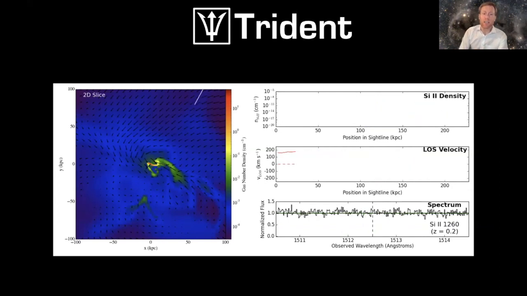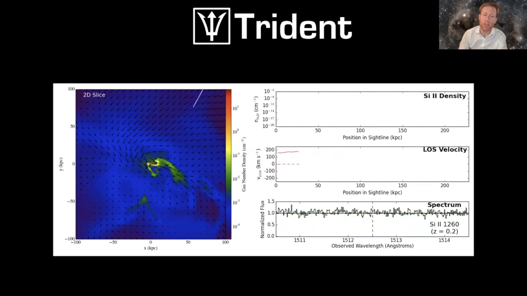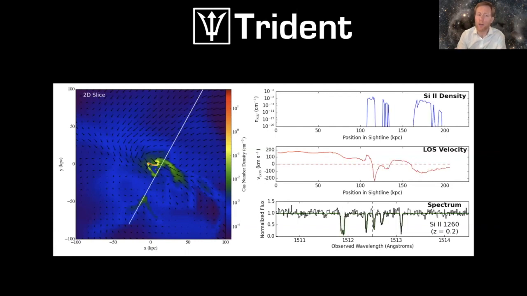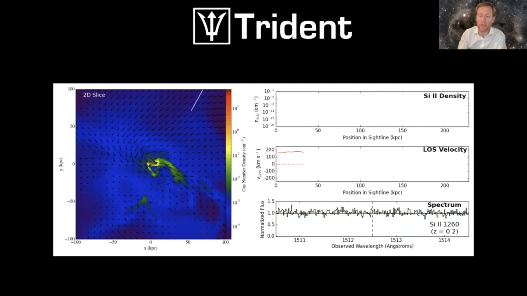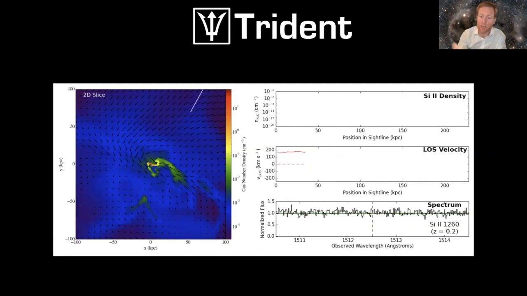observationally accurate, with noise, or applying a line spread function that's similar to what you'd expect with certain instruments like the Cosmic Origins Spectrograph on HST, or other ground-based spectrographs that we might encounter in our studies and want to compare with. So that really allows us to do an apples to apples comparison between our simulation data